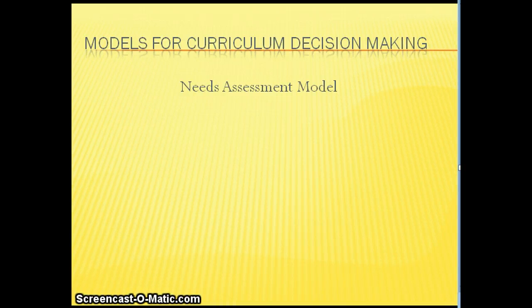In terms of curriculum development, McNeil defines a need as the discrepancy that exists between the acceptable state of learner achievement and the observed. So there's this desired outcome, which is the acceptable or minimal standard that's created, and then there's what people actually observe to be happening, and there's a gap in there, and so that gap then becomes the need.